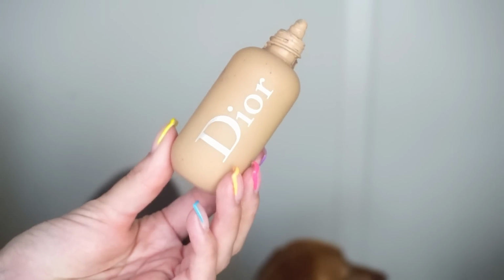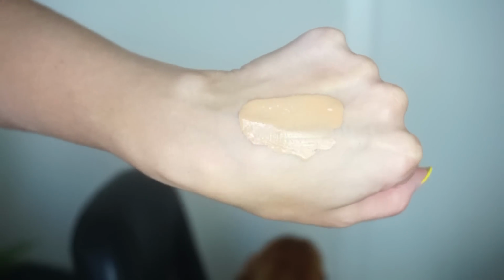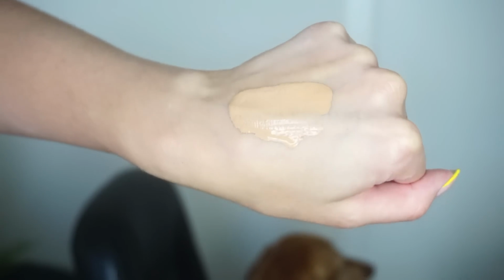It says a foundation for the face and body in a wide range of shades with a natural finish and medium buildable coverage that's waterproof and sweat resistant. This one, to me, it does say medium coverage. I really feel like this is light coverage. This was one of the first light coverage foundations that I was like, wait a second, I really like the